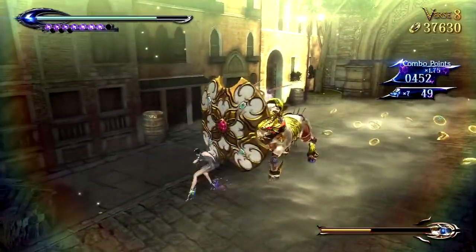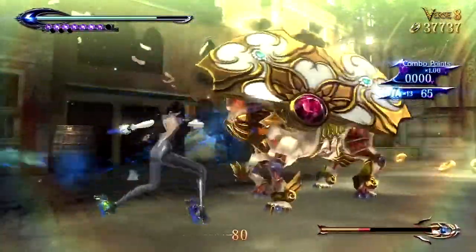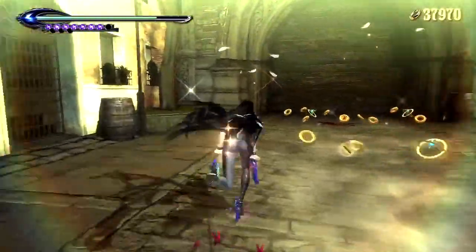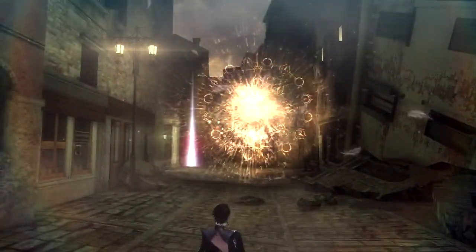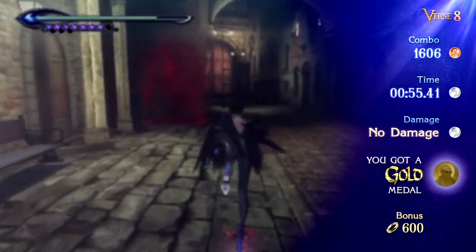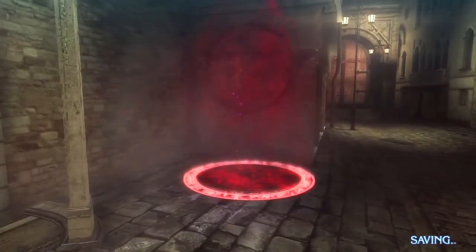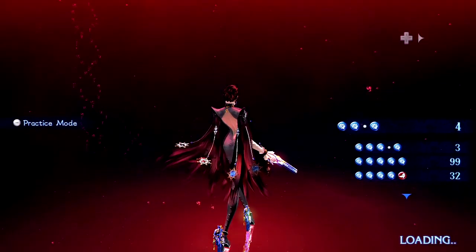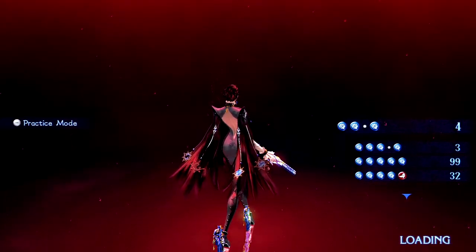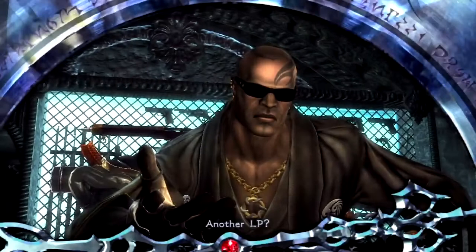And this is a sort of major problem that I think I have in general with Bayonetta 2, is that far too many of the enemies can block. And that really, really messes with the pace of battling. Like, it's not really a problem in Bayonetta 1 because no enemies really can stop your combos, but here,